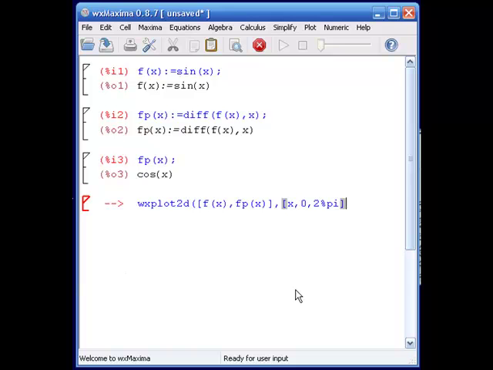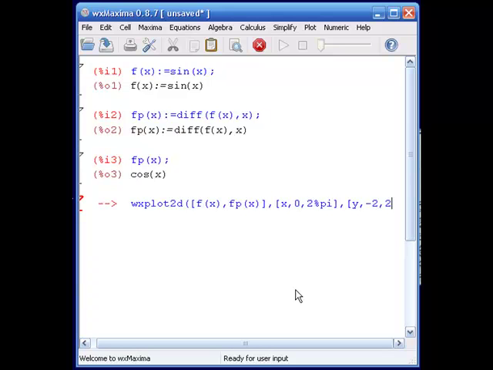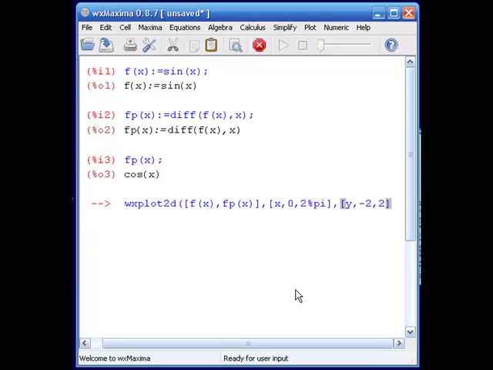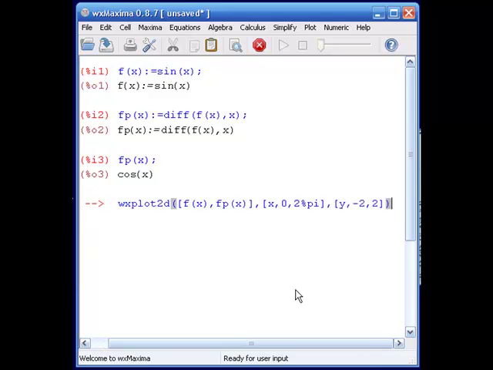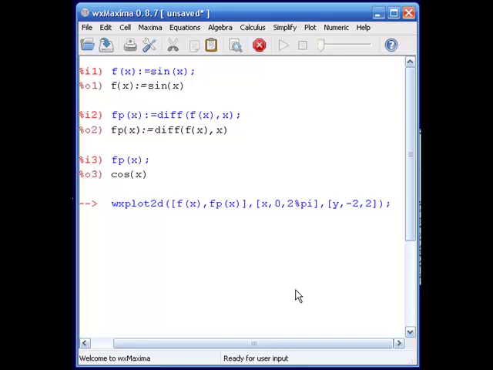I believe Mathematica uses the same style, so it's not just WX Maxima that seems to be maybe unintuitive. You may want to also indicate the height of the window as well. Now you remember that sine operates between -1 and 1 on the range, so you may want to write something like -2, 2, close, and then put your parenthesis and a semicolon. And now you go ahead and do a shift enter,